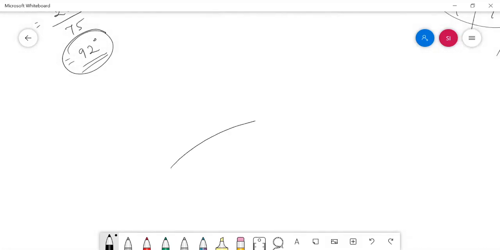For example, here is an arc which you want to split into two equal parts. Just take your compass and take a measurement more than half of the arc length, just like the process of bisecting a line. Cut two arcs from one end, and then take the other terminal of the arc as center and cut another two arcs.